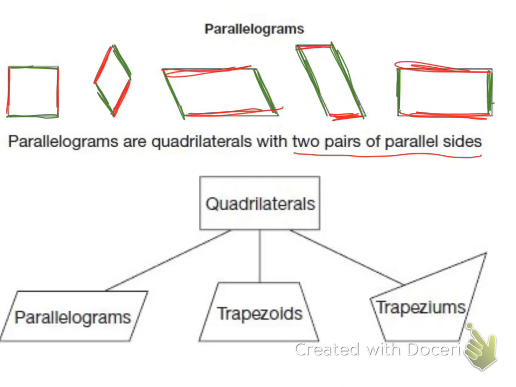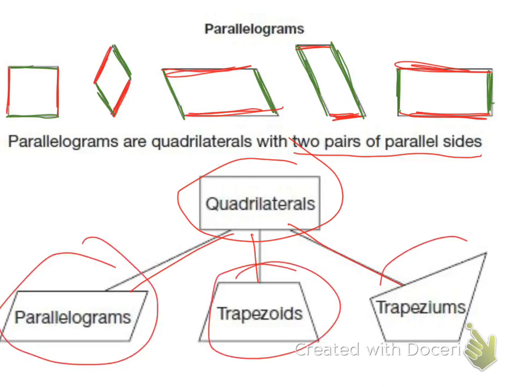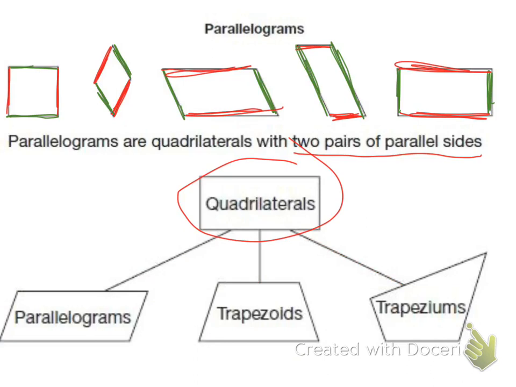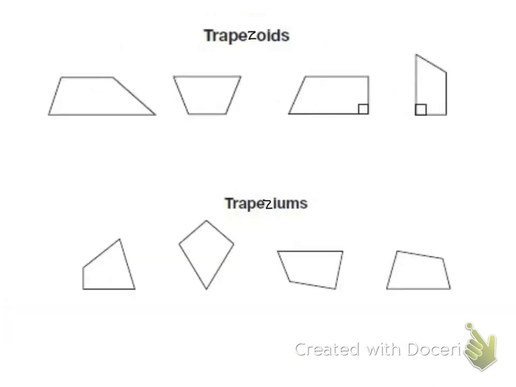That's just one way to classify. Quadrilaterals are broken into 3 groups. We've got parallelograms, trapezoids, and trapeziums. A trapezoid is a different type of quadrilateral. Trapezoids have only 1 pair of parallel sides. That's why they're not parallelograms. You can see here, we have parallel sides top and bottom, but the left and right are not